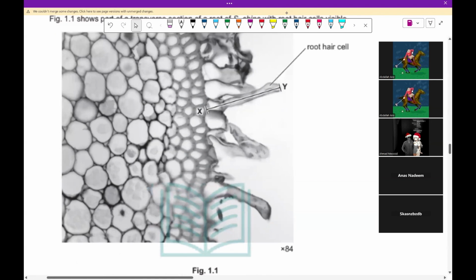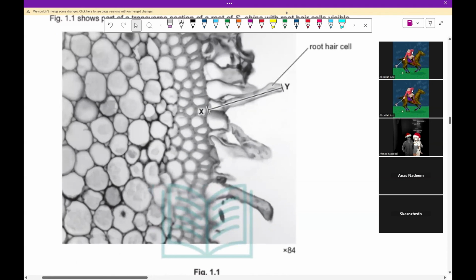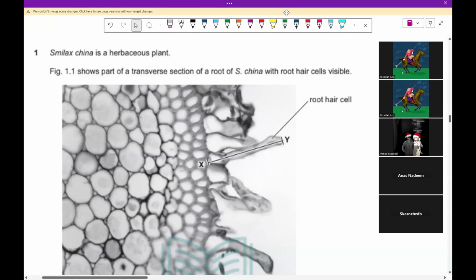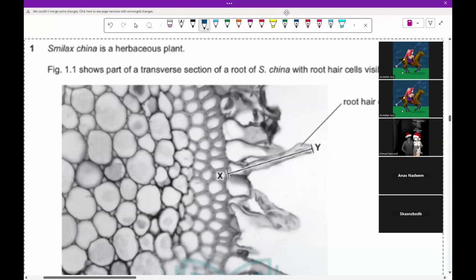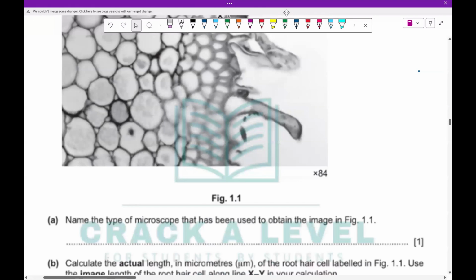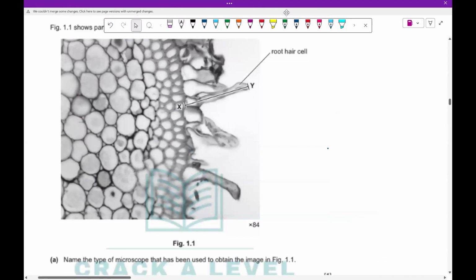If you can see closely, we can only see the outer cell walls, or basically the cells as a whole. We can't see the minute contents of the cell, right? So that means it's a light microscope. And if you've done the practical, P3 or any practical in college,